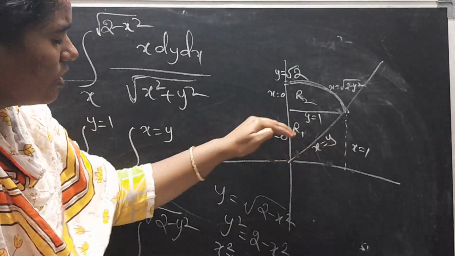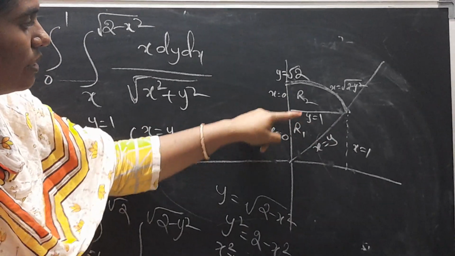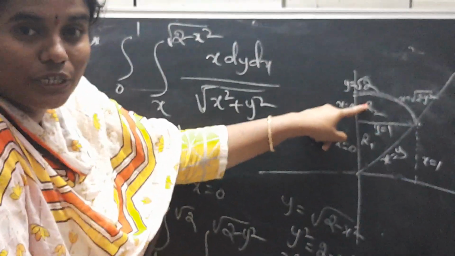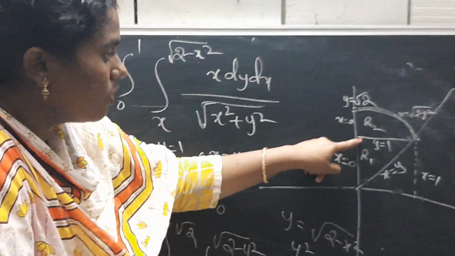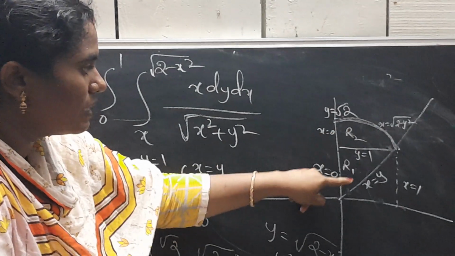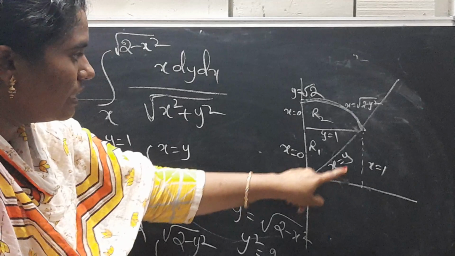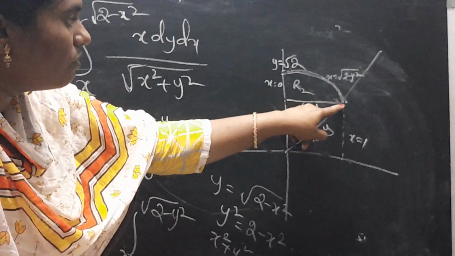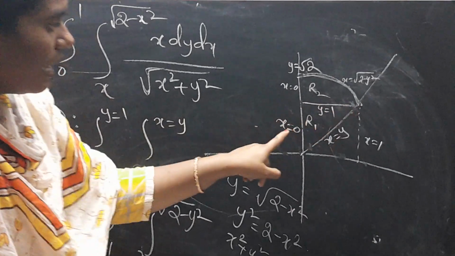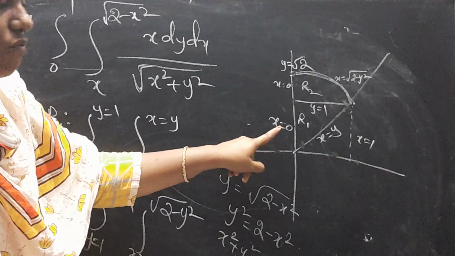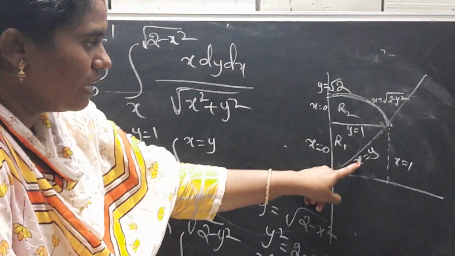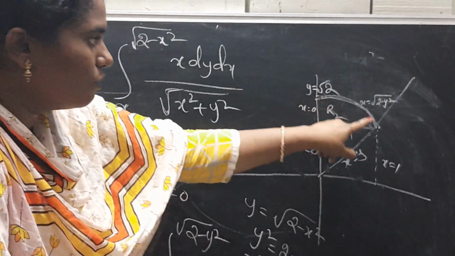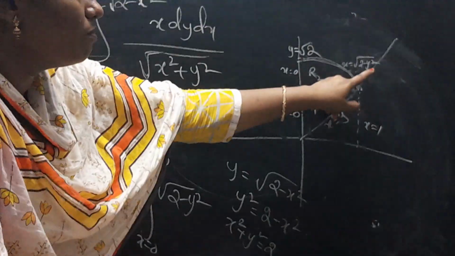So by considering a horizontal strip, we divide this region into R1 and R2. The given problem is in vertical strip, and we are converting into horizontal strips. This horizontal strip is divided into two parts here. At the point of intersection, if you see these dotted lines, this is x equal to 1 and this is y equal to 1. So here x equal to 0 to x equal to y, this line. Next x equal to 0 to this curve. What is this curve? X equal to under root of 2 minus y square.